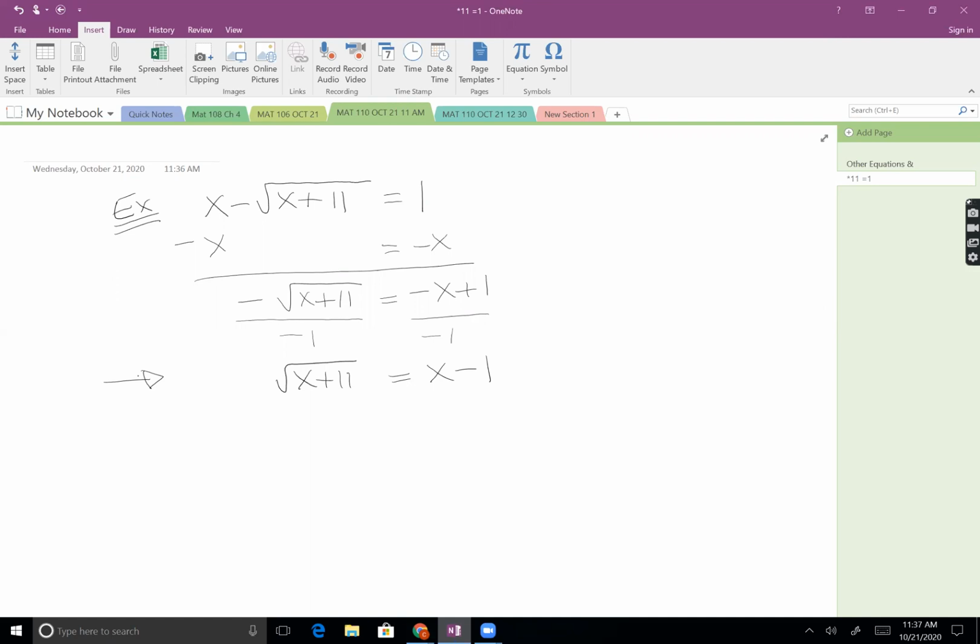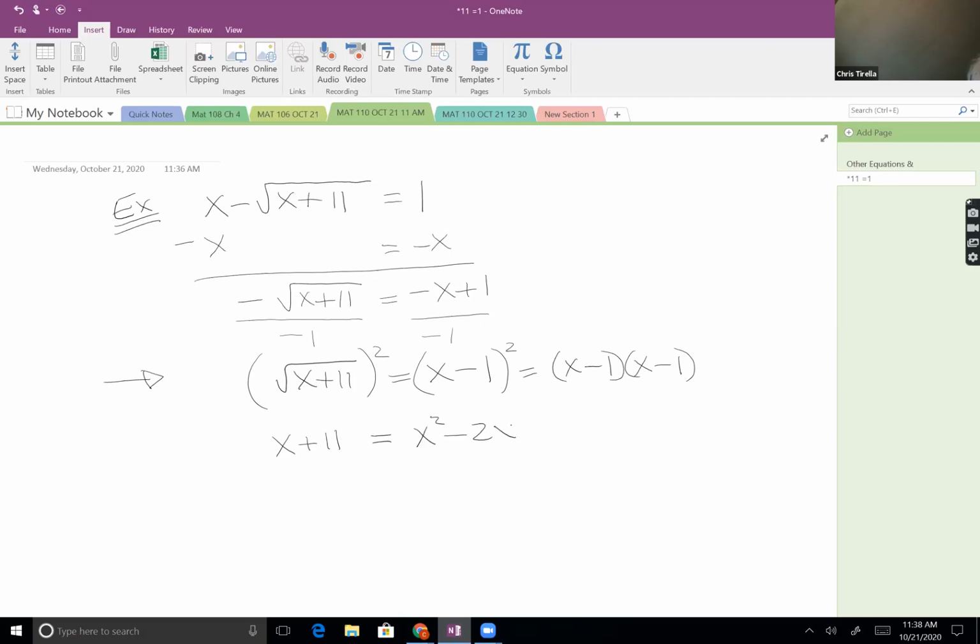Now what do we have to do? You have to square both sides. And when I square both sides, on the left, when I square a radical, I just get the radicand. They're inverse operations. They do opposite things. The squaring undoes the square root. And on the right, when I take x minus 1 and square it, that means either I have to remember that pattern that we talked about in completing the square, or I have to FOIL it out. Gives me x squared minus 2x plus 1 when all is said and done.